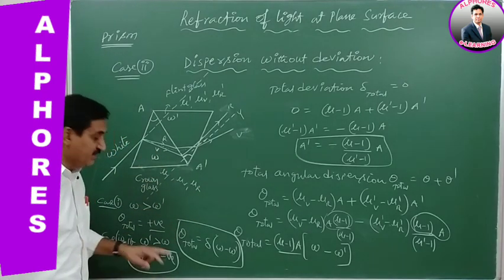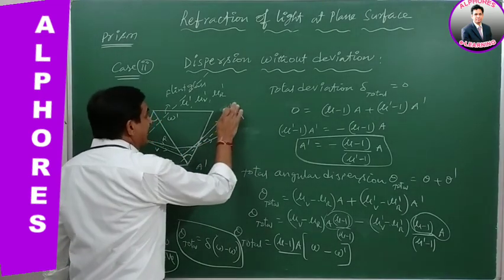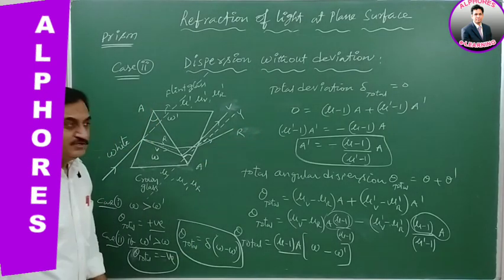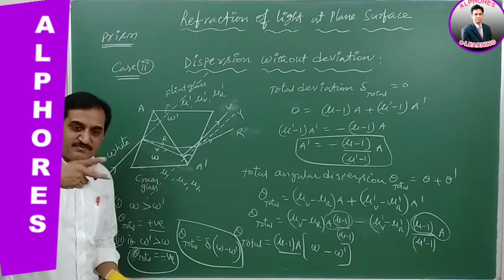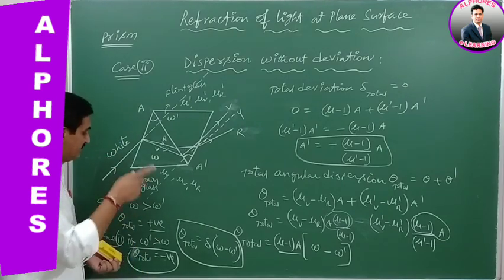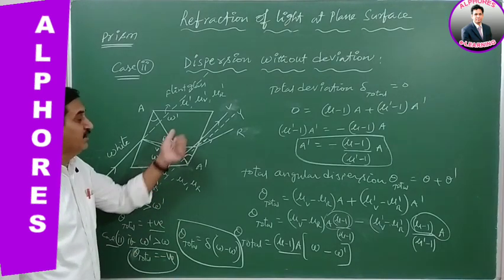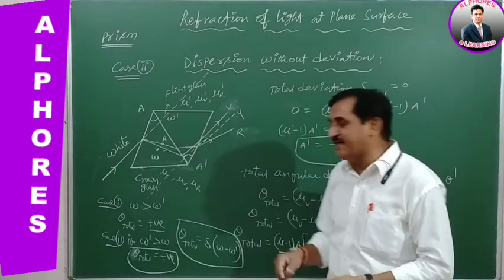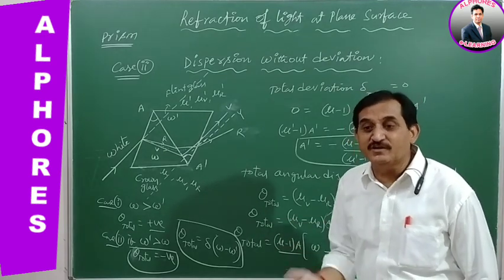But negative in the sense that the second prism will reverse these spectral lines. Violet is up and red is down. So the first prism is giving red and violet like this, and this will be completely inverted and the colors reversed by the second prism if the angular dispersion is negative. That is possible, and if the dispersive power of the second prism omega dash is greater than omega, then definitely these colors will be inverted.